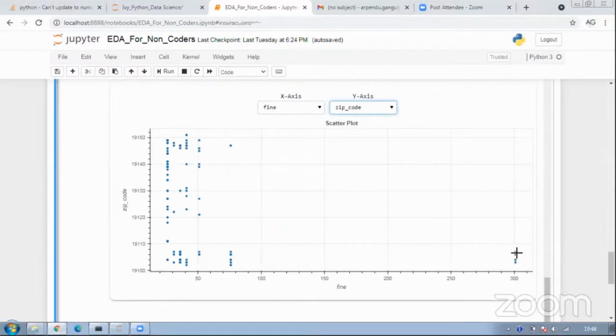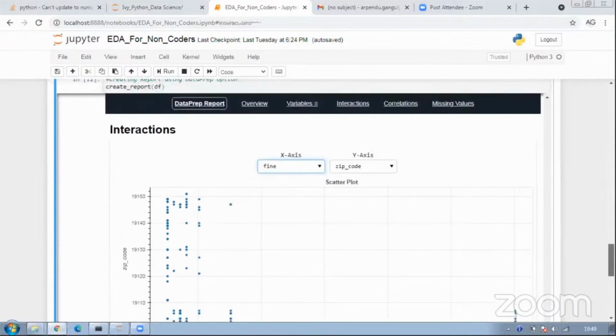So we now know exactly these are definitely outliers. So we see that mostly in there we have got a majority of the proportion coming from these guys, but we have these guys which are separate, and they all come within this particular zip code, right? So this again allows us to check different kinds of interactions. Obviously it's all based on my numeric variables only because it's a scatter plot, right? But this report also allows us to do any kind of interactions.